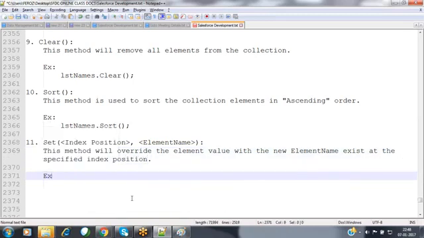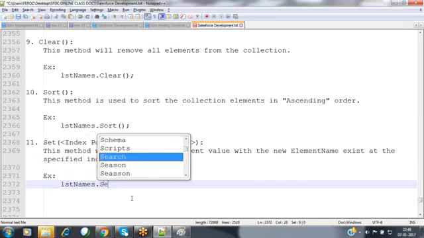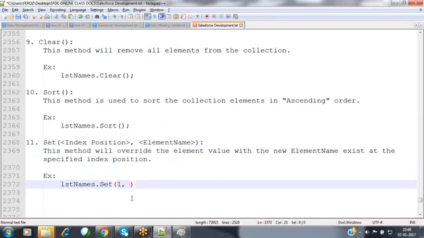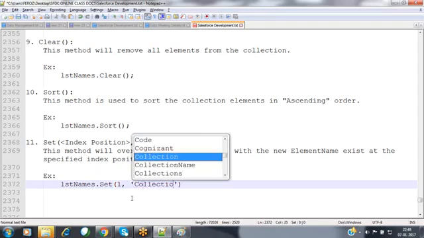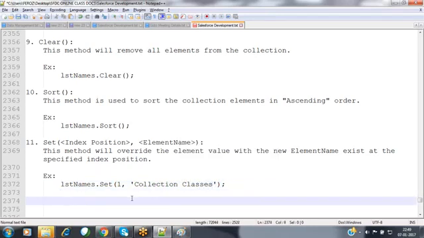For example, we can specify a list named names dot set of 1 comma, and I would like to specify some collection classes. What is the information that you want? So now these are the various methods available inside this list collection.